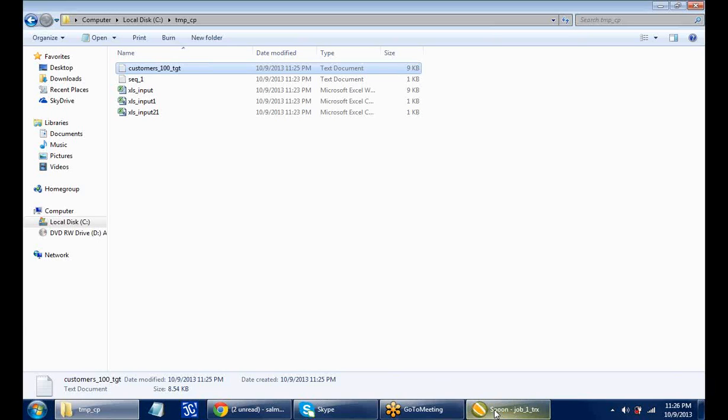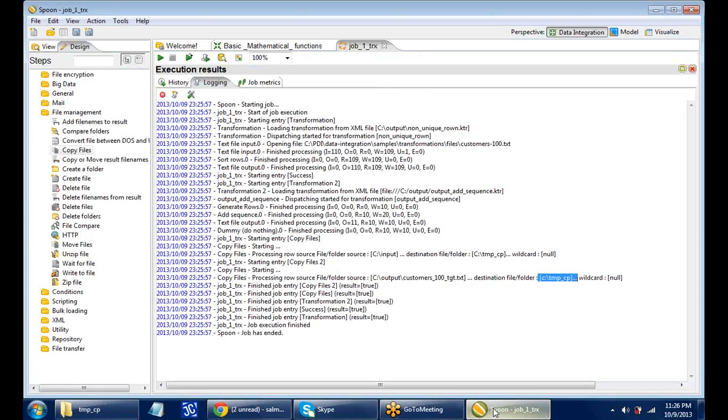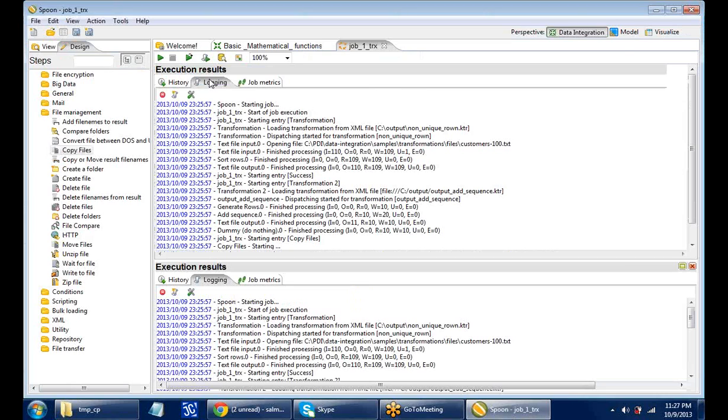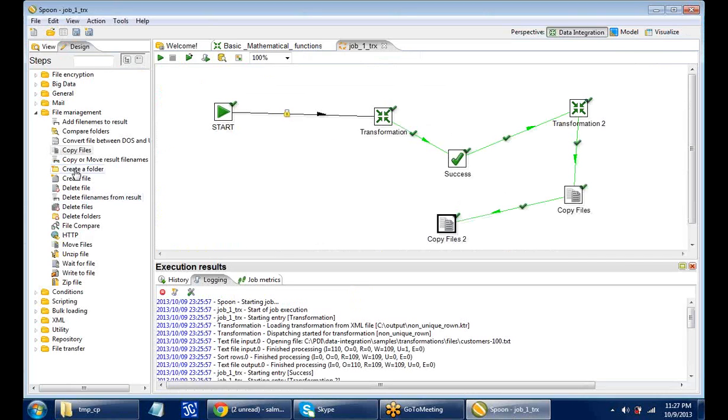Now let's get into other job entries. I think the rest of the job entries, like create folder, create file, delete file, all that I think we have tried. So same thing, you guys can start